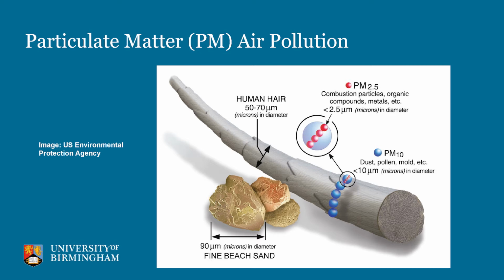And what tends to happen is as these little particles get smaller and smaller, they get worse and worse for our health. So we tend to break them up into two size ranges. In particular, there's PM10, which is this less than 10 microns, so 1/7 of your hair. And then there's PM2.5, which is the finer stuff, which is about 1/30th of the size of your human hair. And it's the smaller stuff that tends to be worse for us, and it's also the smaller stuff that tends to come from human activities. So that just gives you a sense of what we're looking for. And all the compositions are different in here. So can we go to the next slide, please?